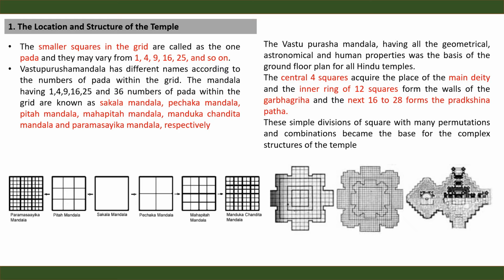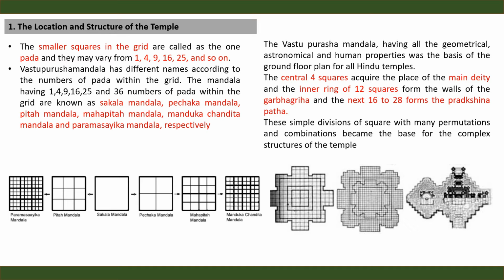The smaller squares in the grid are called one pada. That can vary in numbers: 1, 4, 9, 16, 25, and so on. Vastu Purusha Mandalas have different names according to the number of padas within the grid. The mandalas having 1, 4, 9, 16, 25, and 36 padas within the grid are known as Sakala